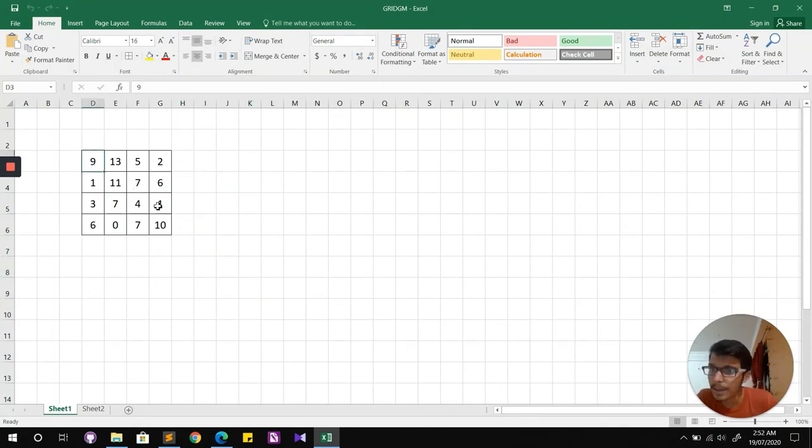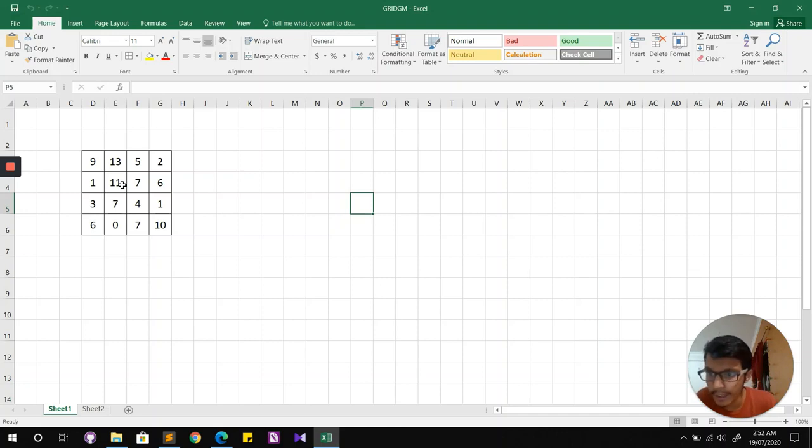Let's say this is a 4 by 4 matrix, and you are given some a comma b coordinate and some x comma y coordinate. The coordinates given to you will be the opposite coordinates of a rectangle. Essentially, you have to find the sum of all elements present in that rectangle.